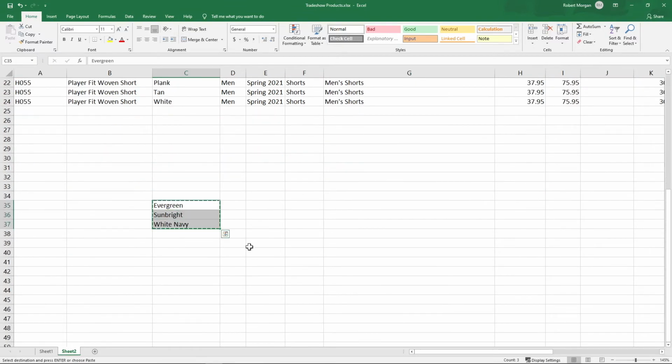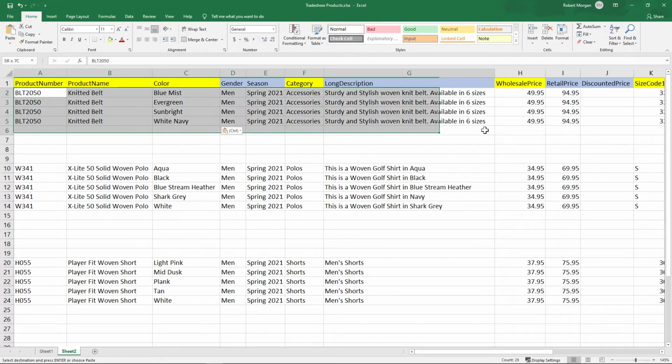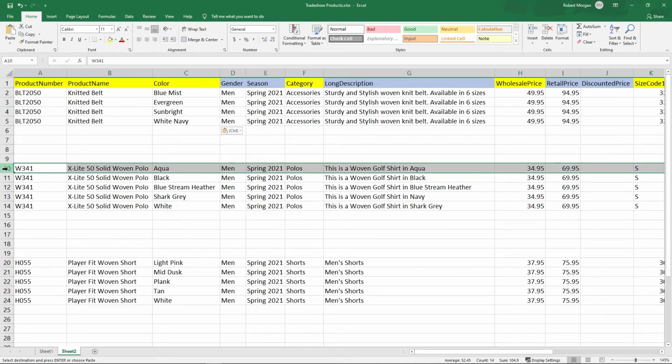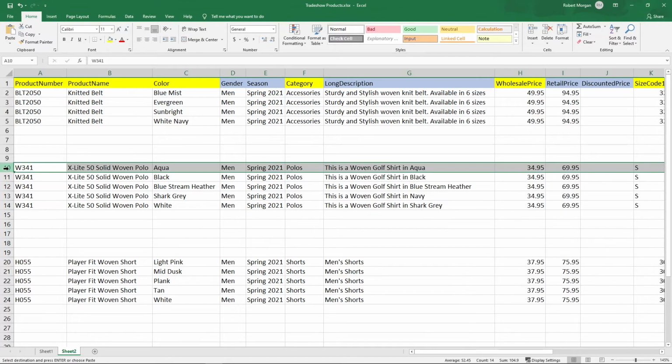So here's my colors right here. So just like that, I've created 1 product. So I move on to my next belt, and then my 3rd belt, my 4th belt. And once I'm done with those, then I move over here and I do my polos, and then I do my shorts. Again, utilizing copy and paste will be a lifesaver with this process. And really you'll get into a rhythm once you start doing it. But it's all about filling out that first row of data